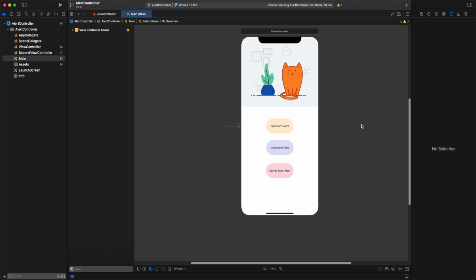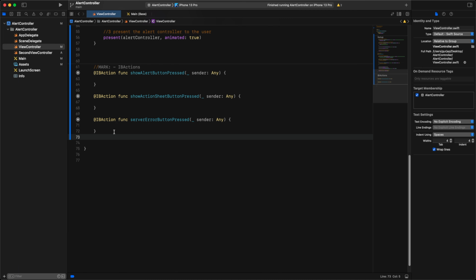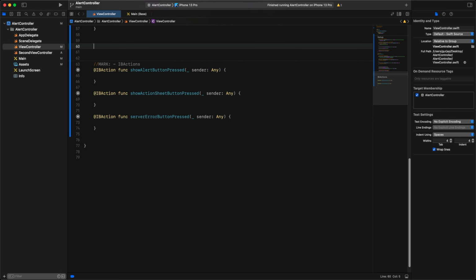I have modified our application and added 3 buttons into it. Any time the user presses one of these buttons, we want to display a different message. All those 3 buttons are wired up with IB actions in our view controller file. So what options do we have if we want to show the user unique messages each time they press a unique button in our application? We have 2 choices. One, we can create multiple alert controller functions for each alert type and then call them